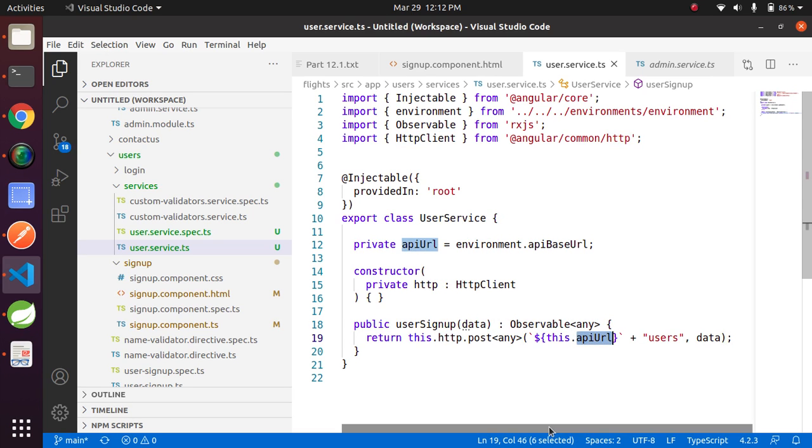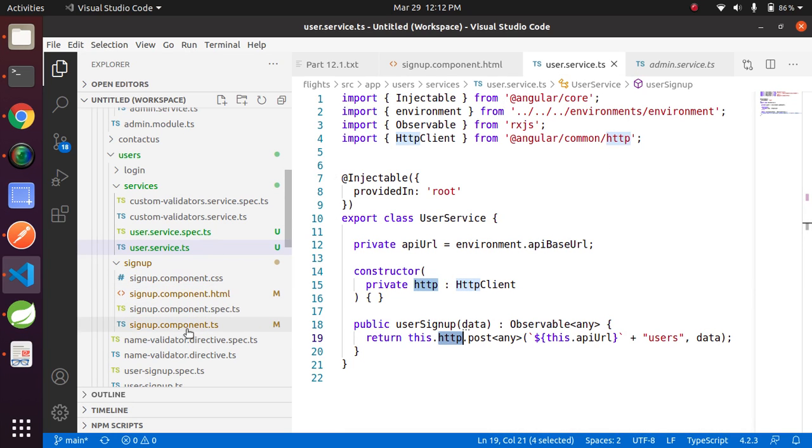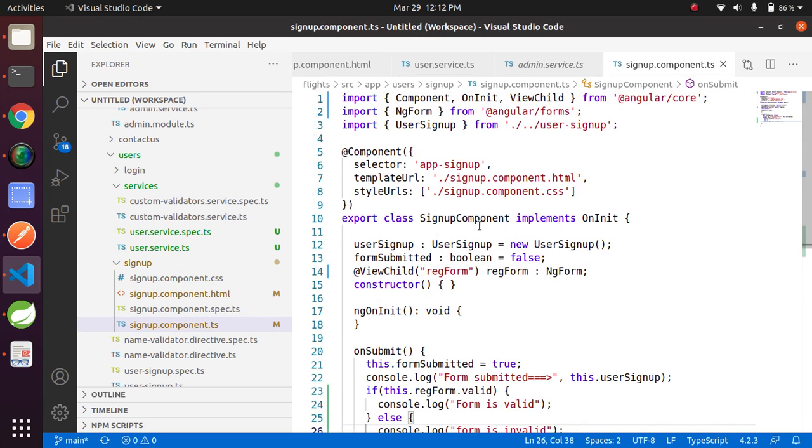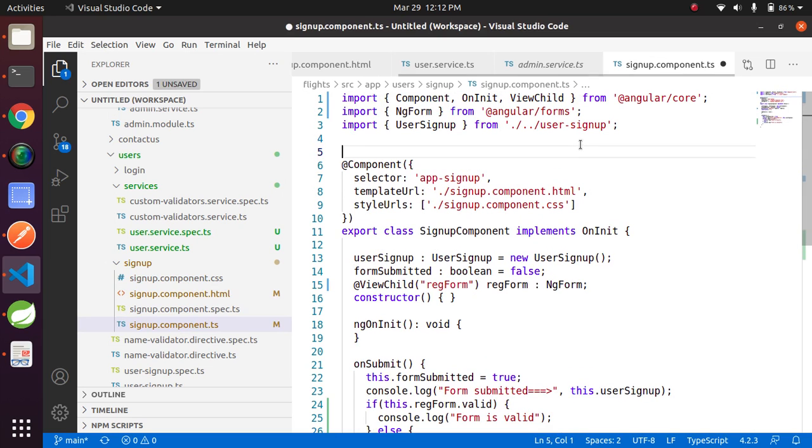And now subscribe to this observable in the component. Open the component file, sign up component.ts here, and first import the service.